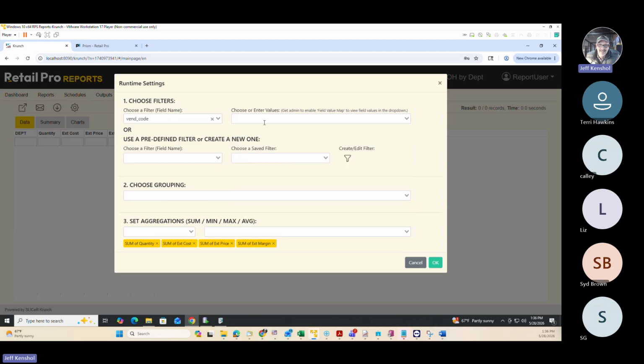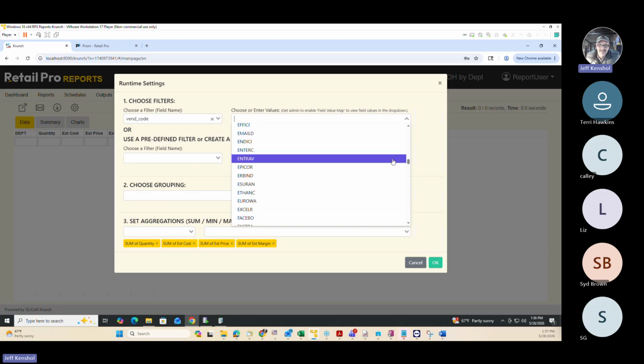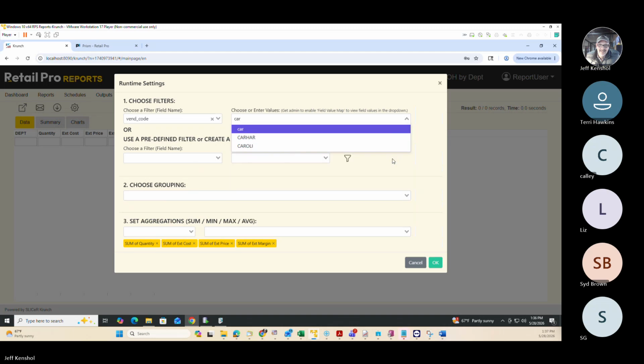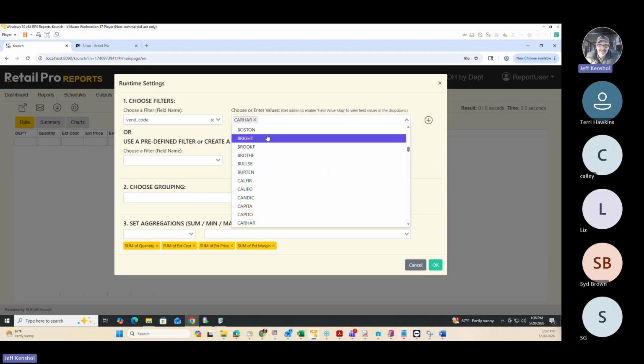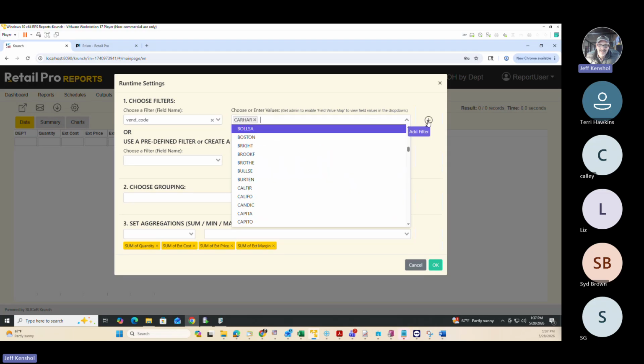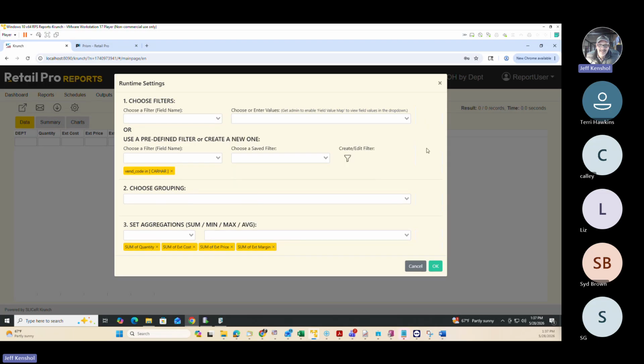So those are vendor codes in this particular data set I have here. They're not good vendor codes, but they're vendor codes. Well, some of these are pretty good, right? So if I grab a vendor code, I could add that right here before we run the report, and